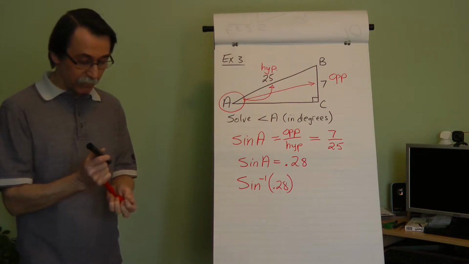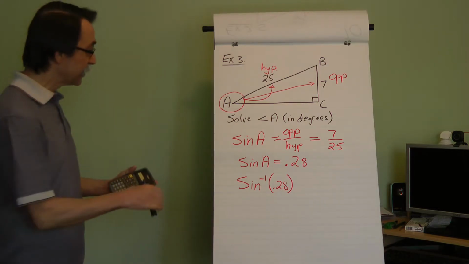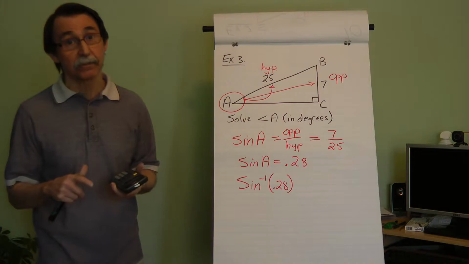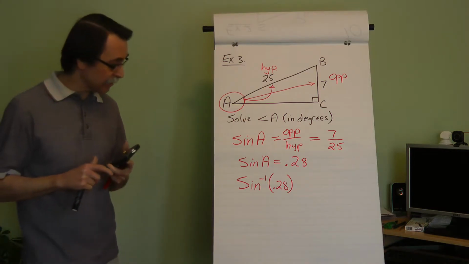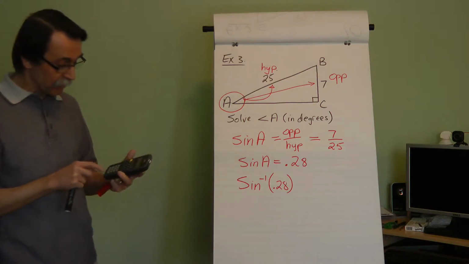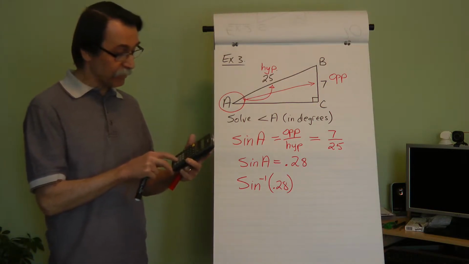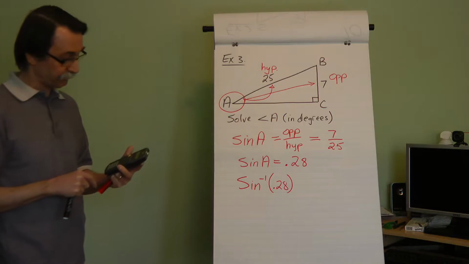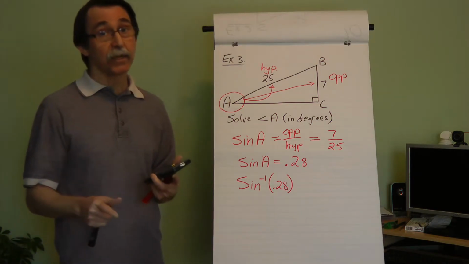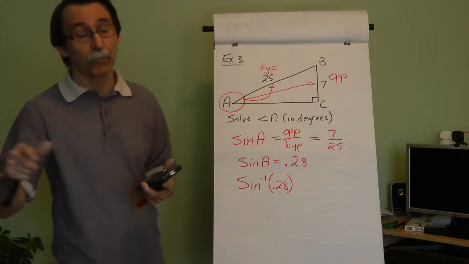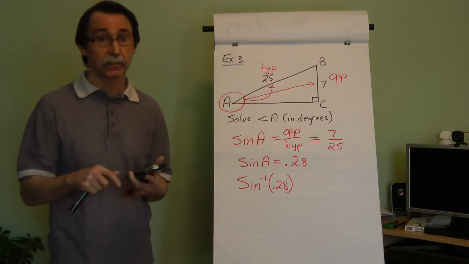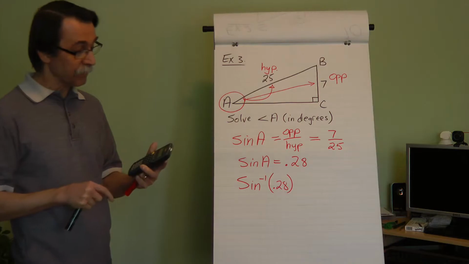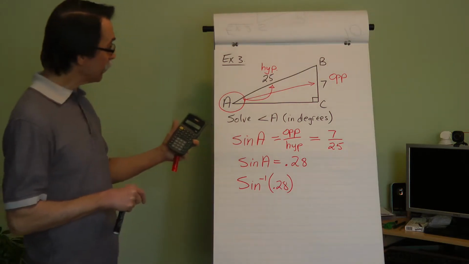Okay, so you can take a look at your calculator. You can plug in sine inverse of 0.28. Now, it's important that you use your own calculator because different calculators are designed to operate with different keystrokes. So on my calculator, I go 0.28, second function, sine, and it'll give me an answer. Maybe on yours you might have to press second function, sine, and then the 0.28. So it's up to you to know your own calculator, okay? So again, I'll go 0.28, second function sine, and I get this long crazy number,